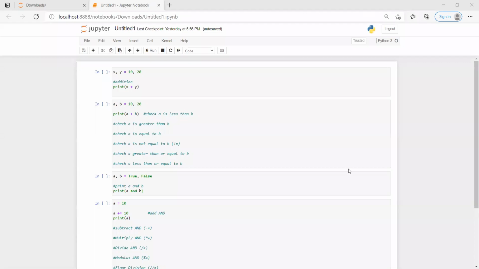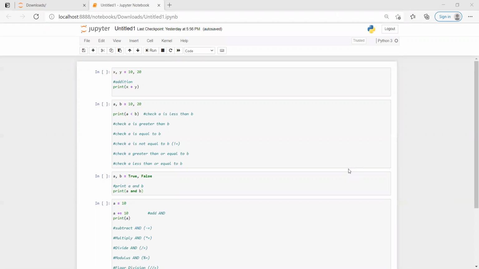Hi, today we are going to talk about a separate concept called operators. Operators are nothing but, suppose you want to add two values, subtract two values, multiply, divide, find the percentile value, anything of this sort, then we normally go with these addition, multiplication, subtraction operators.